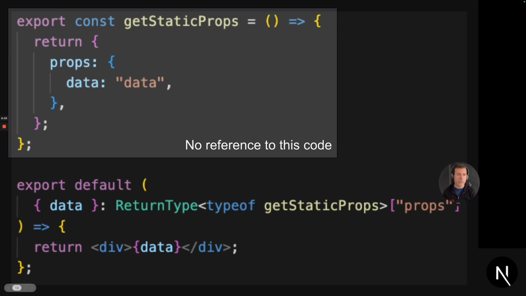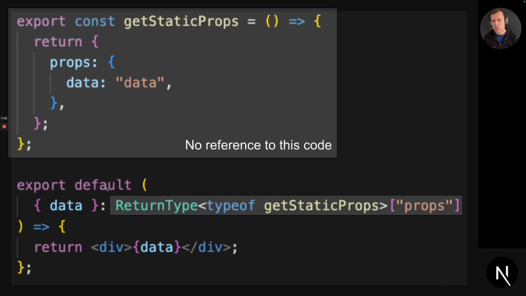So let's look at what is not allowed, right? You're not allowed to refer to this. If this piece of code directly refers to that piece of code, all bets are off, and now you have a bundle on the client that contains server-related things. It could be things like private keys, file system access, and other things. Basically, the application stops working because the client cannot execute these pieces of code.